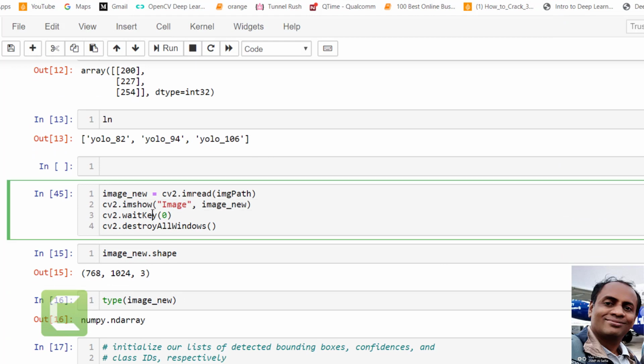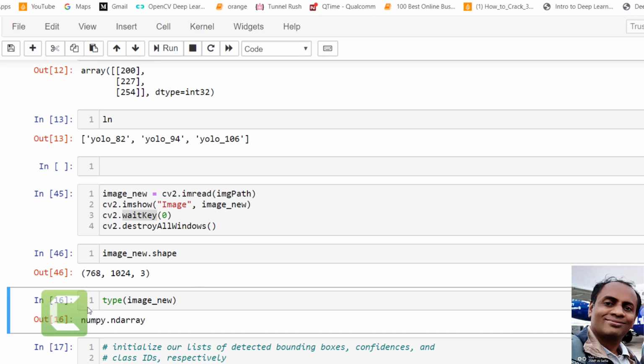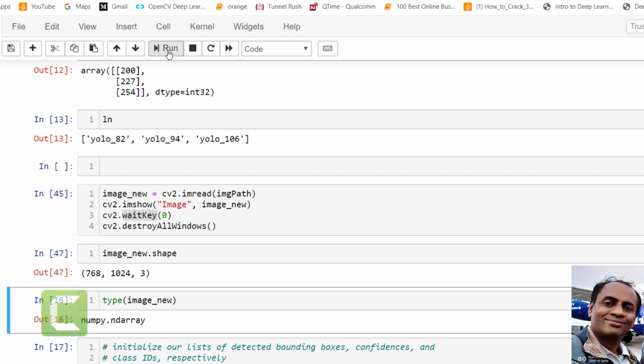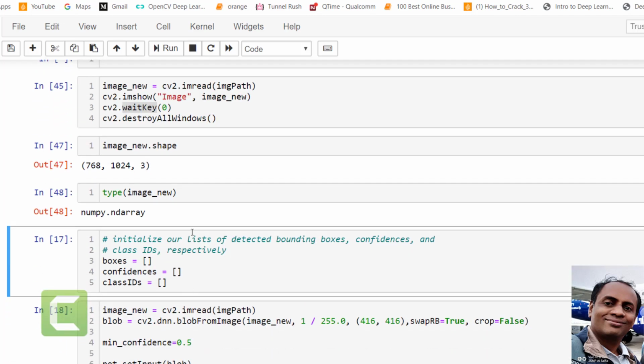So what is the shape of the image that's being read? Okay, this is the standard 768 by 1024 by 3. 3 is the number of channels, like RGB, and these are the pixels. And what's the type of that whole image? It's a NumPy array type.